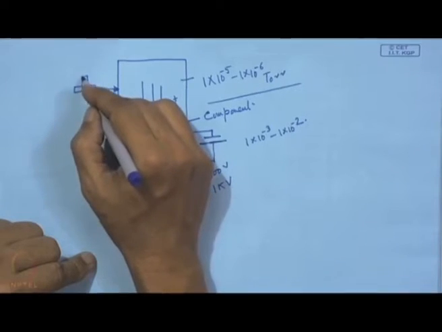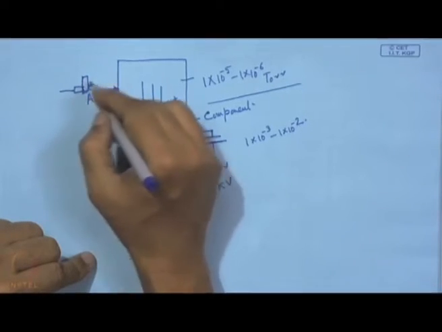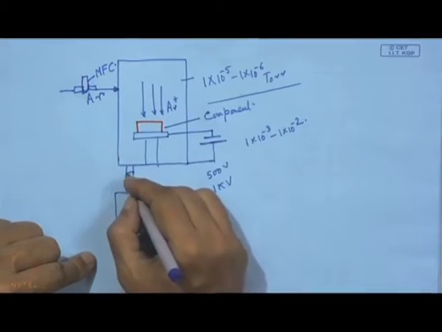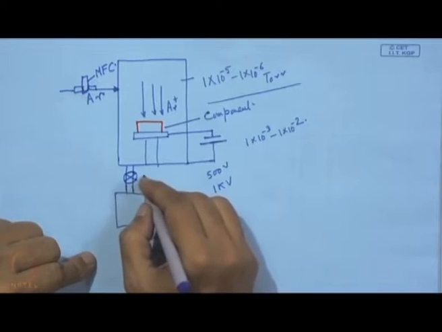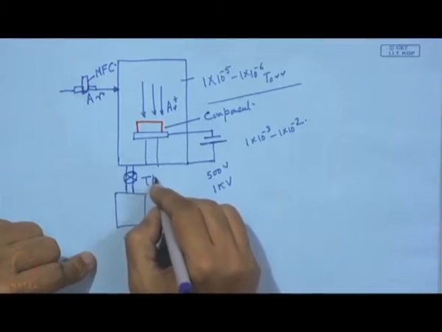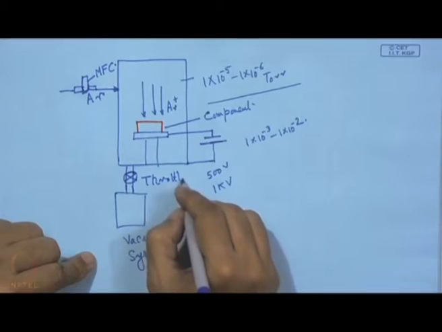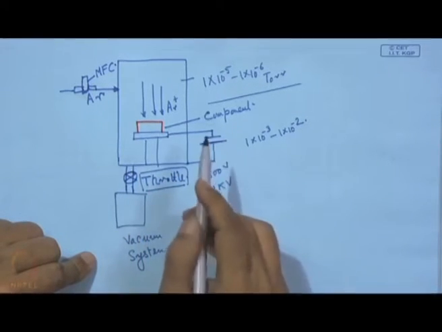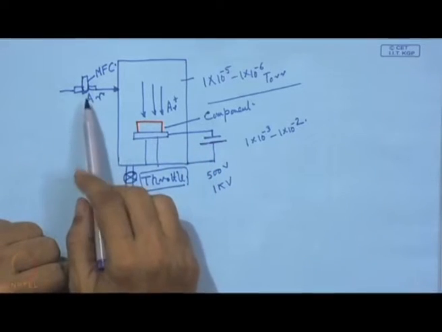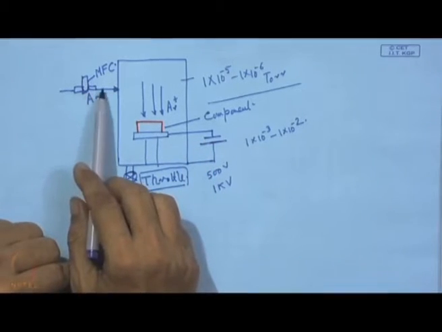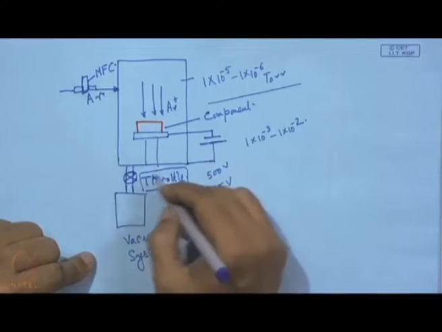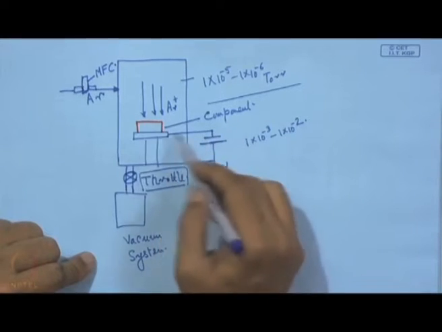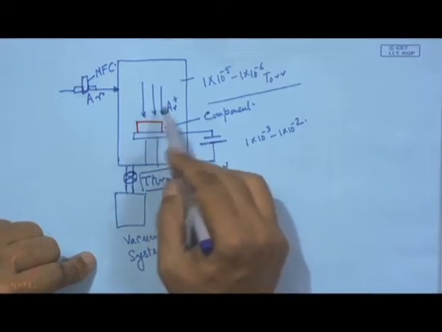This is going to be a mass flow controller for argon, and on this side we have fine tuning of the pressure by this throttle valve. So, these are the peripheral elements around this vacuum chamber. We have incoming argon with properly controlled flow rate by the MFC. We have the throttle valve to control the pressure, and we have a DC excitation, and then